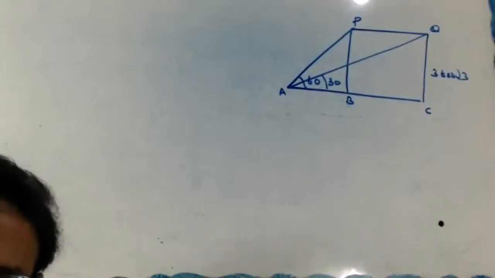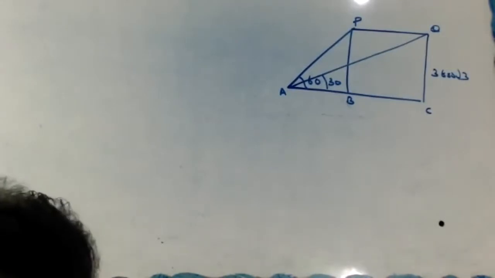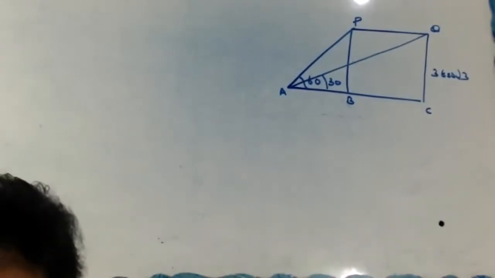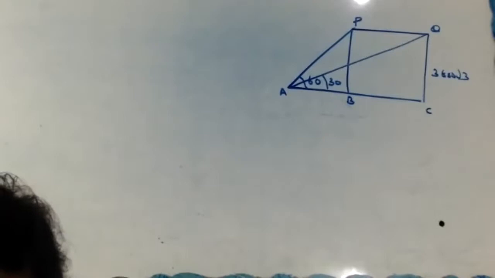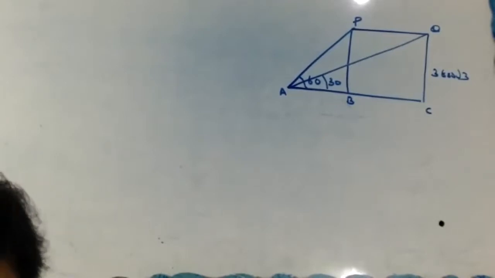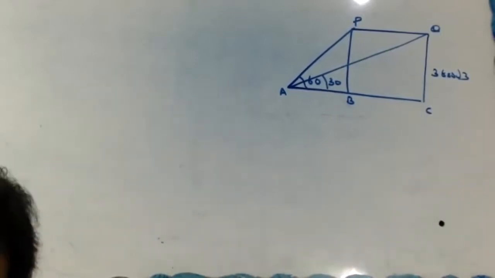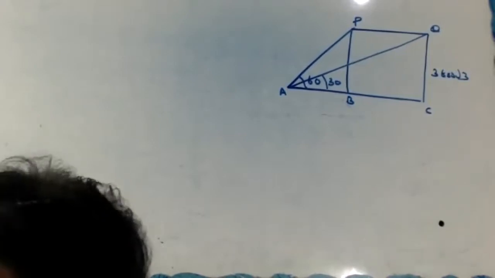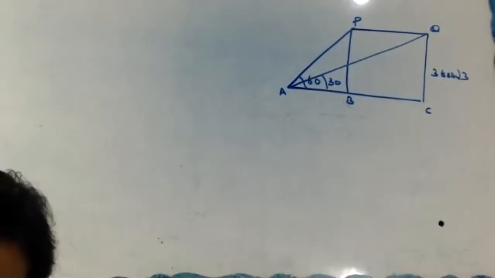Now look at here. We know that to find the speed, we have to find out the distance. We have to find out the distance covered by the flight from P to Q. To find the speed, speed equals distance divided by time. Time is already there, 30 seconds. So we have to calculate the distance traveled by the flight in 30 seconds. That is PQ. Instead of PQ, BC is enough. Agree or no? Are you okay or not?